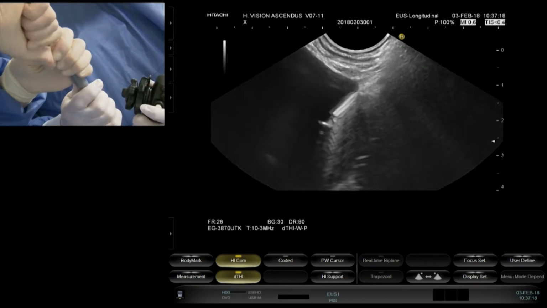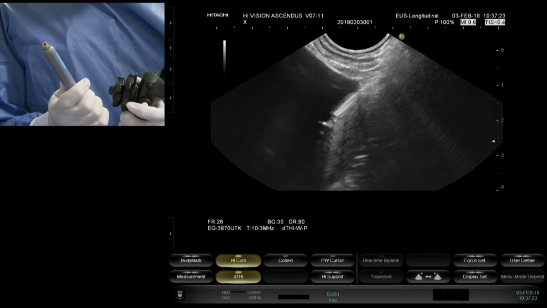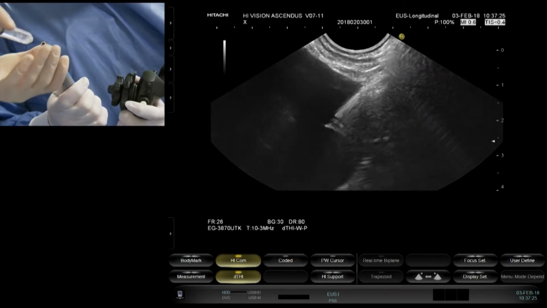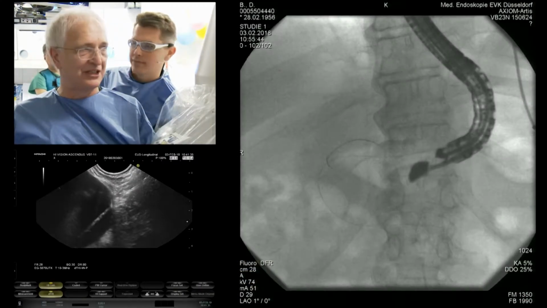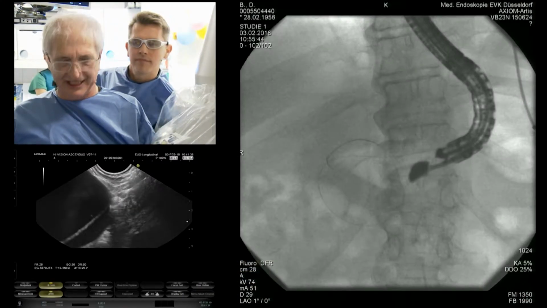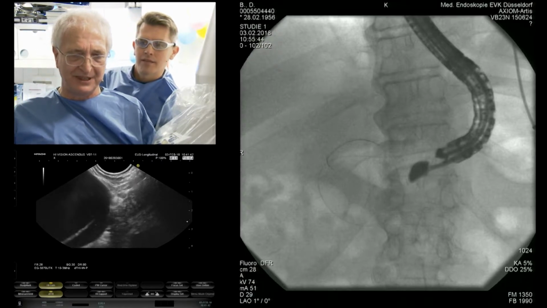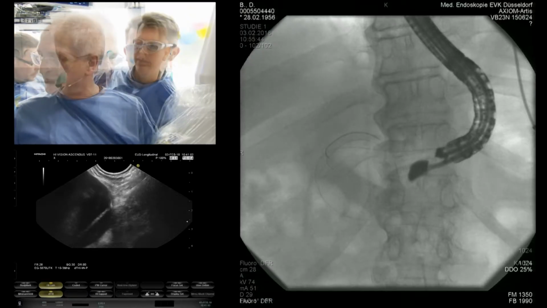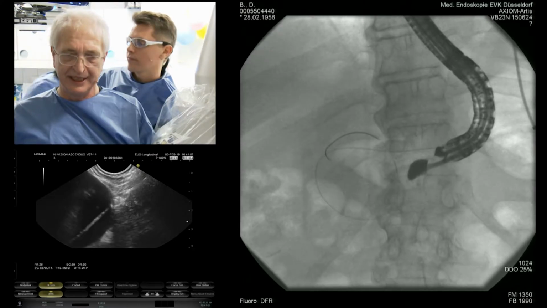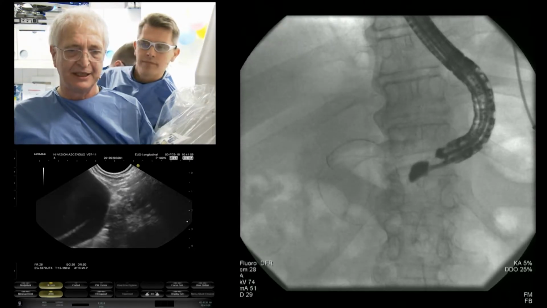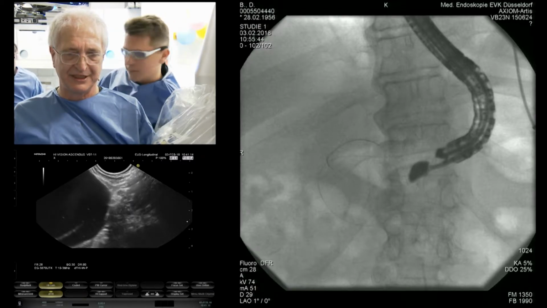I have a certain distance of a small amount of parenchyma between the wall and the cyst, and I hope that it will increase the stability. The aim of this procedure is to ensure a permanent drainage towards the GI tract. So I will place stents which will stay in place for years in this lady. So we will now pass the cystotome, then we will dilate to 6 millimeters, and I will place side by side two 7 French 7 centimeter